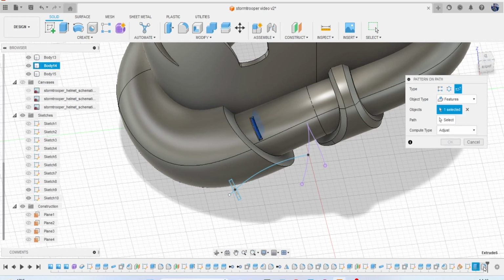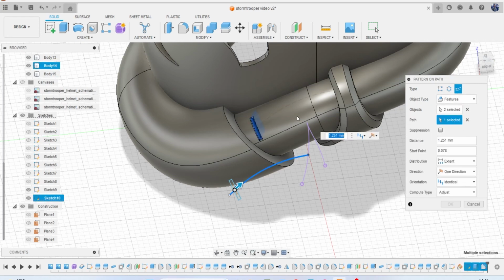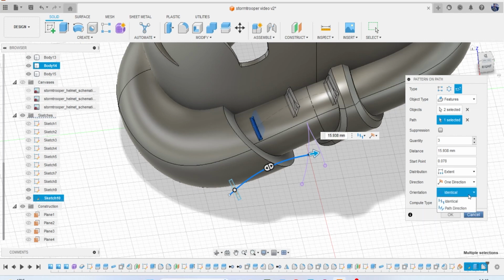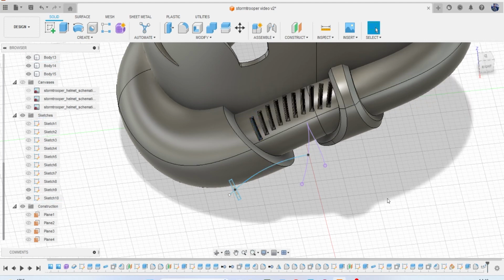If we grab the extrude and fillet and select this, and if we up these numbers, will it work? Just gonna think about it for a second. It did. Okay, now